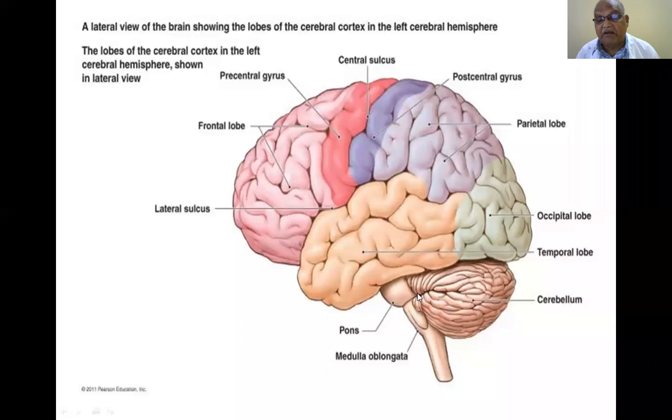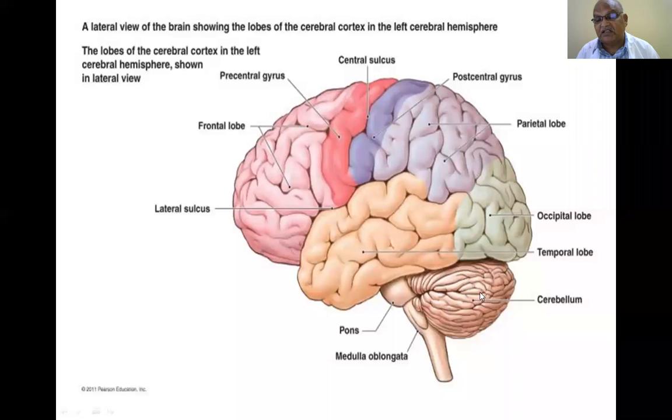So this is the anterior part of the cerebellum, and this is the posterior surface of the pons and upper part of the medulla. That is the floor of the fourth ventricle. The floor of the fourth ventricle intervenes between the pons and medulla anteriorly and the cerebellum posteriorly. This is the overall picture of the cerebellum. See how it is grooved. This is the groove.